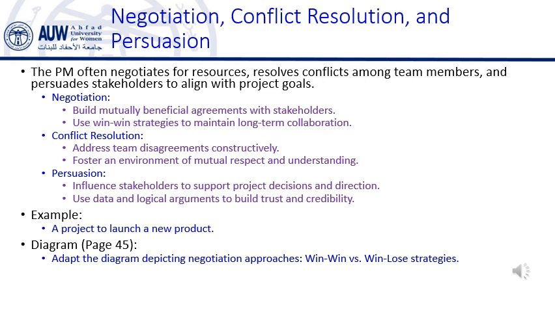Key aspects of persuasion. Building credibility. The PM must establish credibility by demonstrating expertise, being reliable, and acting in the best interest of the project. Presenting logical arguments. Persuasion often involves presenting clear, logical reasons for why a certain decision should be made. This could involve presenting data, evidence, or expert opinions. Appealing to emotions. In some cases, persuasion involves understanding the emotions and motivations of the other party and appealing to those in a way that resonates with them.